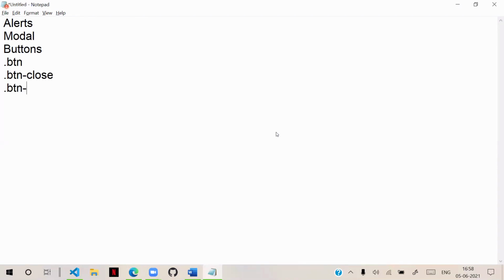We have btn-primary and all the contextual ones. Contextual means primary, secondary, danger, all these buttons we are having. And we also have btn-link. It looks like a hyperlink, a button that looks like a hyperlink.